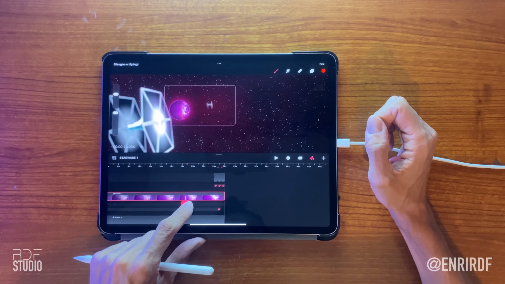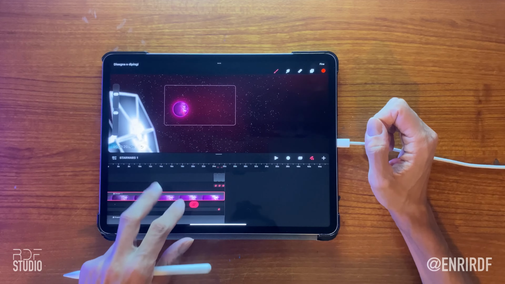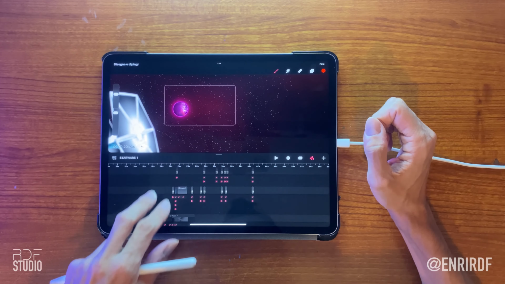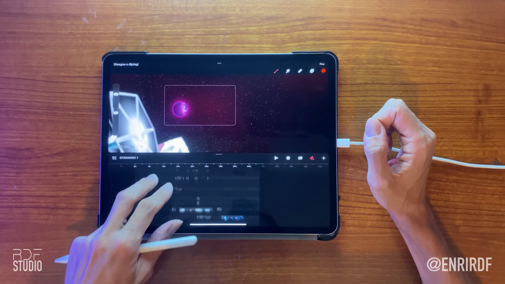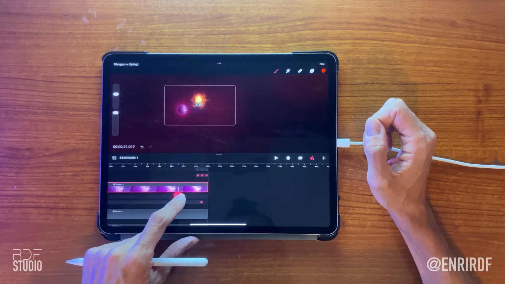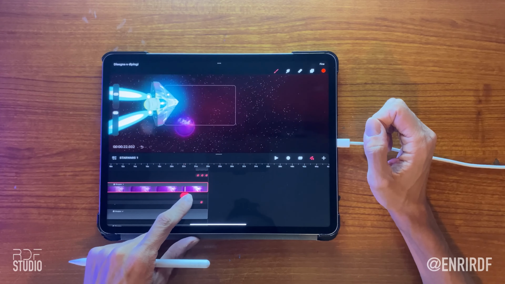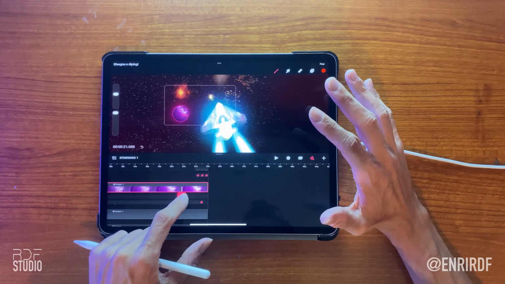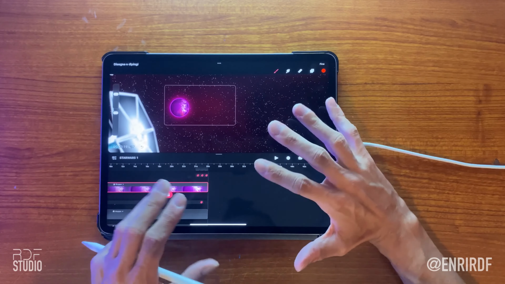Our bad guys arrive and the camera lingers on them. After a few blasts, the Jedi spaceship arrives, and as you can see, the camera goes to follow its movement. The movement of the camera arrives a little behind the spaceship, as if the cameraman filming the scene cannot keep up with the speed of the ship. This gives a sense of greater dynamism and realism to the scene.